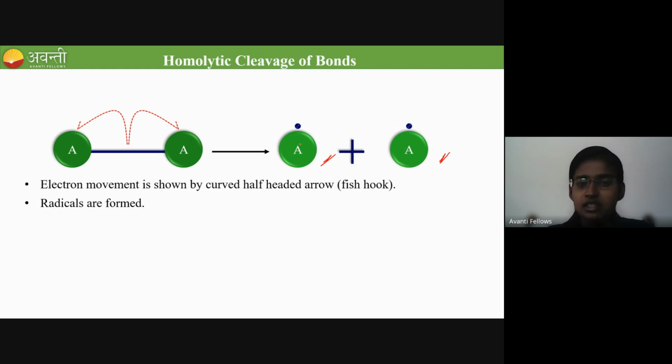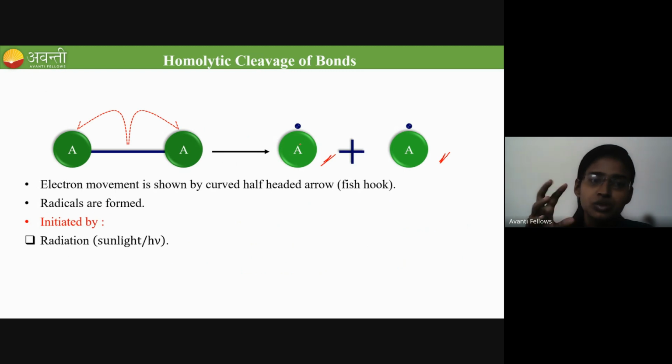By seeing the thing which is given above the arrow mark. Okay. So this type of homolytic cleavage of bond is initiated by radiation, that is using light energy or by heat energy. So if you find any h nu kind of thing present above this arrow, like h nu or some heating symbol, okay, light energy,